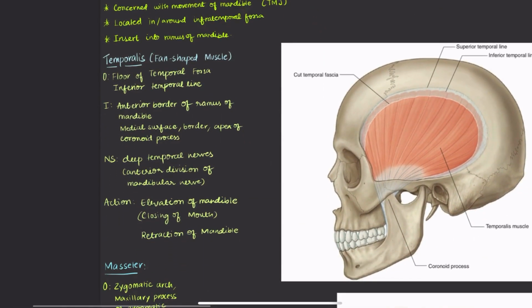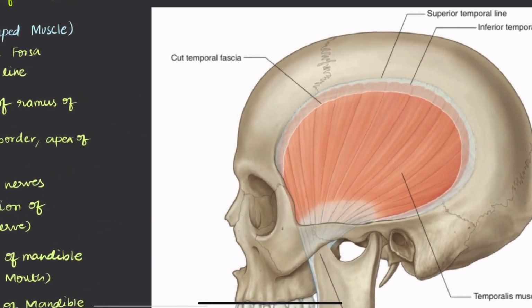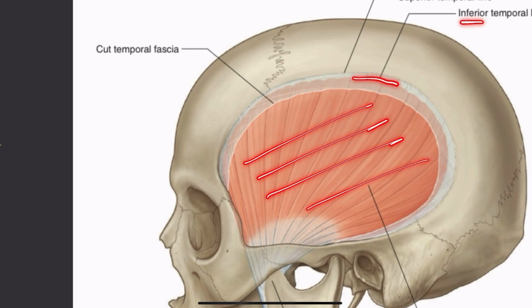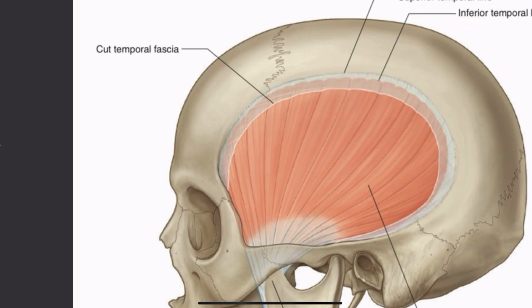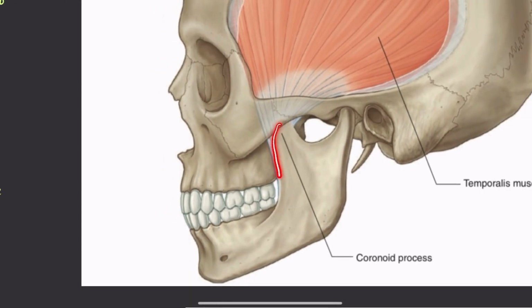The temporalis is a fan-shaped muscle, as you can all see. Right, and it takes its origin from the inferior temporal line and also the floor of the temporal fossa. Right, it gets inserted into the anterior border of the ramus of mandible and also to the coronoid process: the border of the coronoid process, the apex and also the medial surface of the coronoid